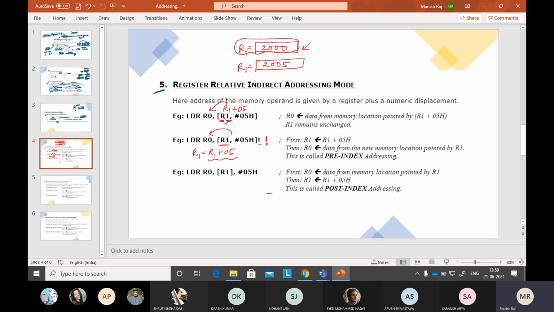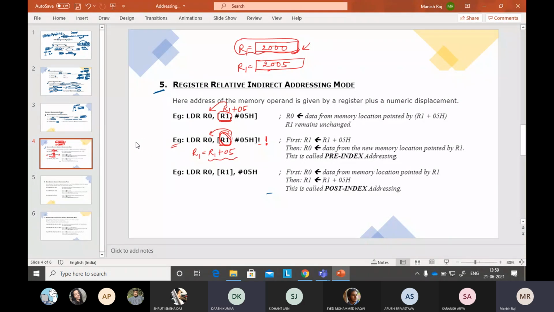In this one, the R1 address will not change. It will just add and go to R0. The same value will come, but R0 will take the value 2000 every time. But in this type of instruction, you can see the R1 value will change. First it will take the value, add the offset, take this value, and after that it will go to R0. Is the difference between these instructions clear to you? Otherwise I will repeat this part. Hello. Yes, sir, it's clear.